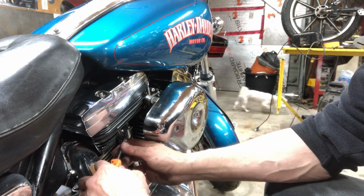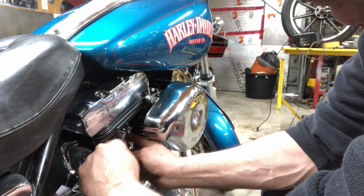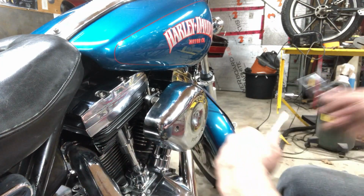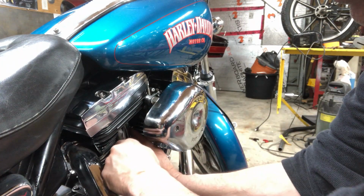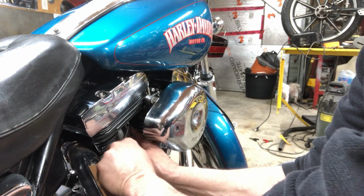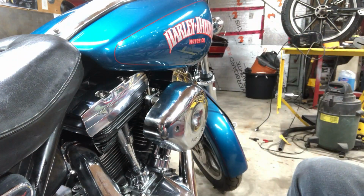I know it takes about 3 minutes for a Harley to get all the air out of the system to pump the oil through. And I ran it for 3 minutes. Those lifters should have pumped up immediately. They're the first on the list. I checked the screen's good. I cleaned it before. I should know that, but